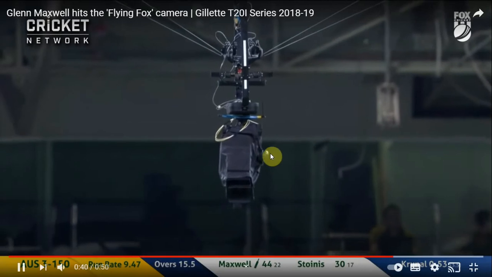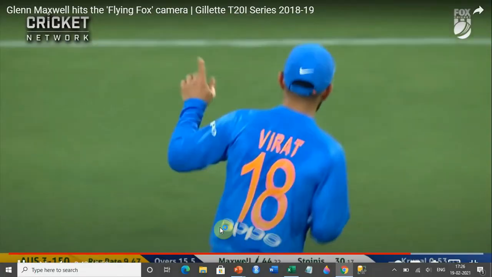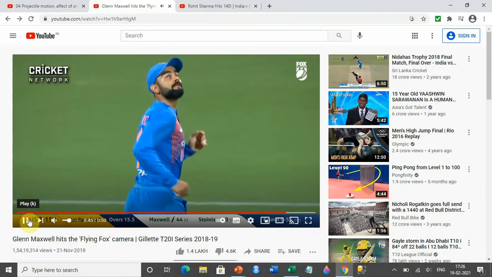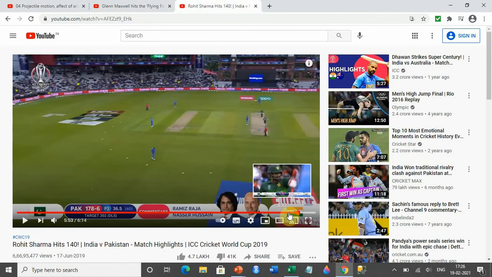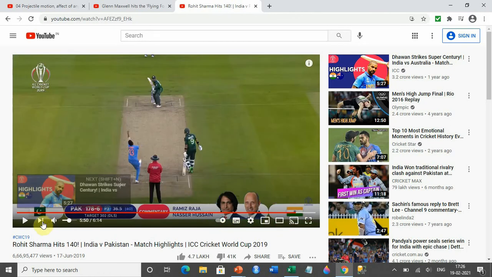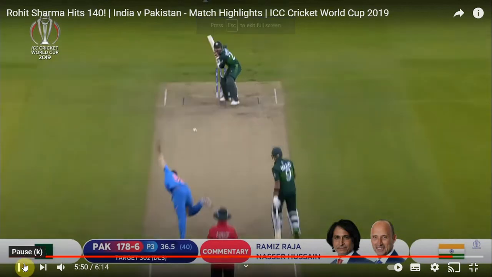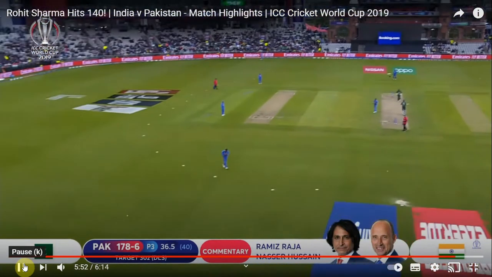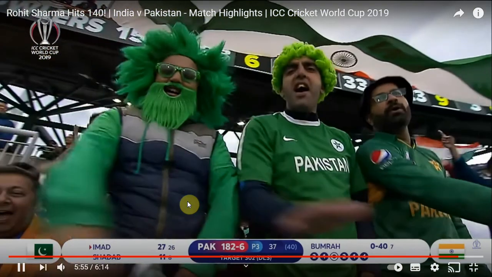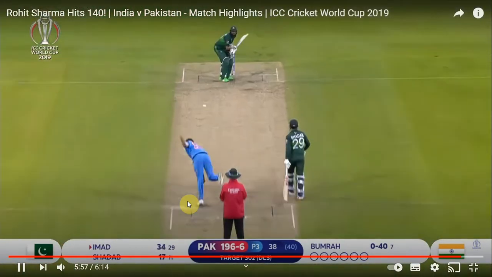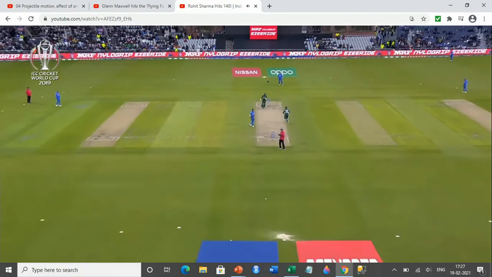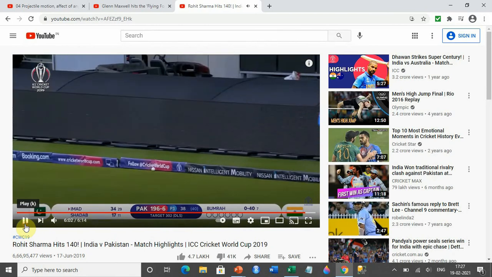Now let's see the same thing: what happens when the ball is hit at a lesser angle? So here is the case. I will show it from 550. Just see, when the ball is hit at a lesser angle, it will travel faster, it will not go so high. Here the angle was lesser, so the ball traveled faster because the horizontal speed is higher, and it reached the boundary faster, and obviously this also did not clear the ground.